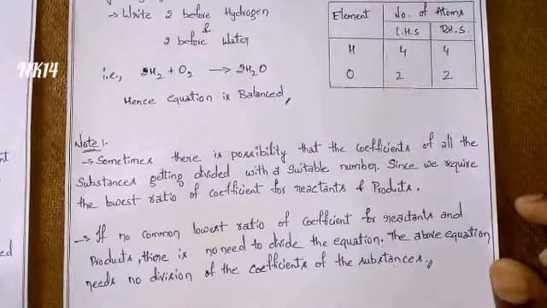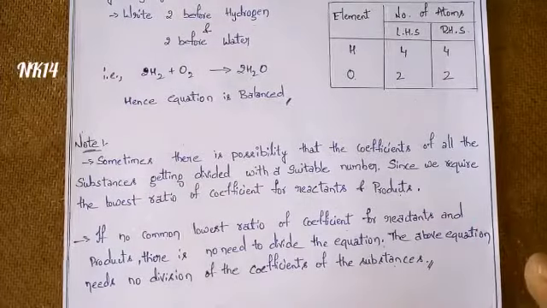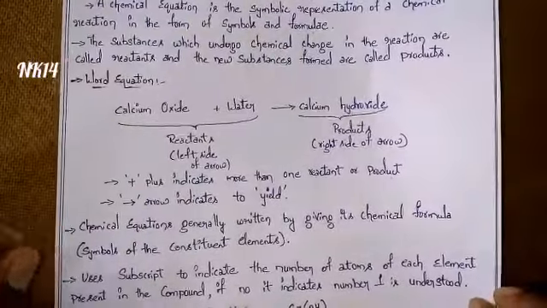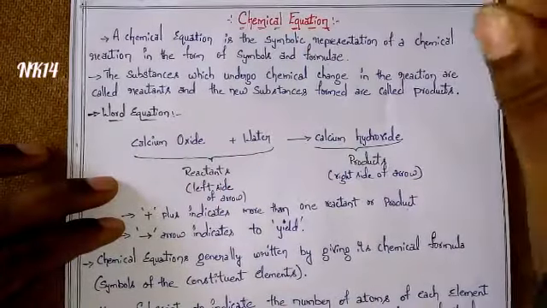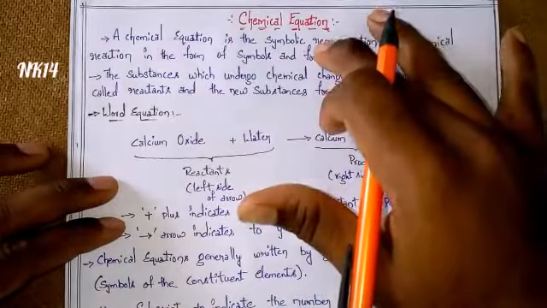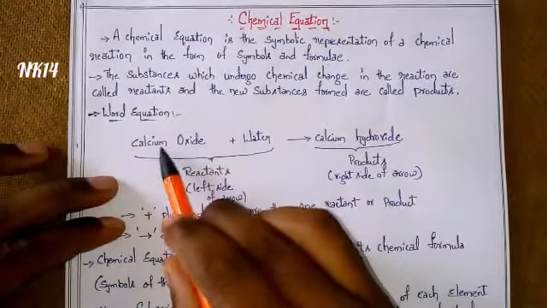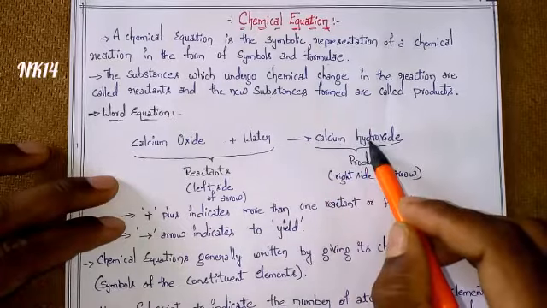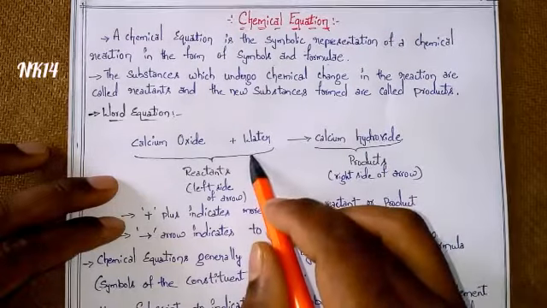Friends, at the start of the video I already said I will explain once again at the end. So I will explain only the main points. Try to see now, don't miss it. If you missed it previously, now don't miss. It is important. A chemical equation is written by taking the symbols and formulae before and after the reaction. Next, what we have to remember in the chemical equation is that the reactants should be written before the arrow and the products should be written after the arrow. Or we can observe that the products will be after the arrow and the reactants before the arrow.